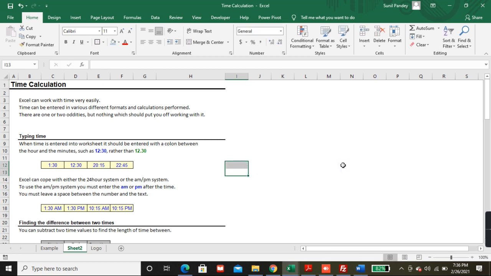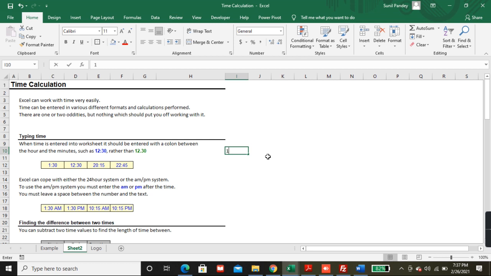Excel can cope with either the 24-hour system or the AM/PM system. To use the AM/PM system, you must enter the AM or PM after the time. You must leave a space between the numbers and the text.